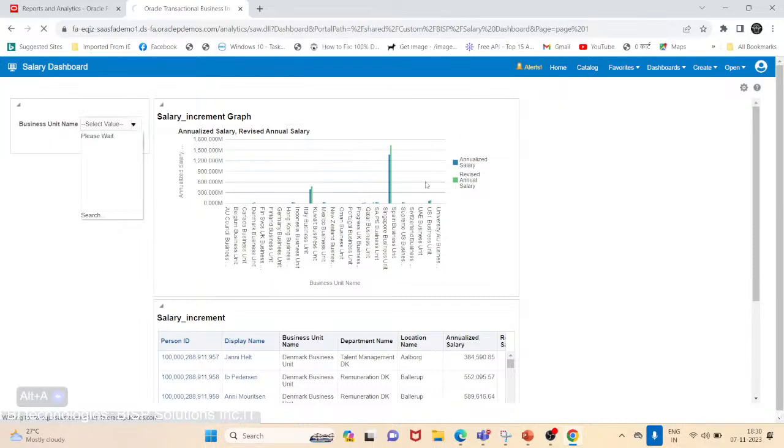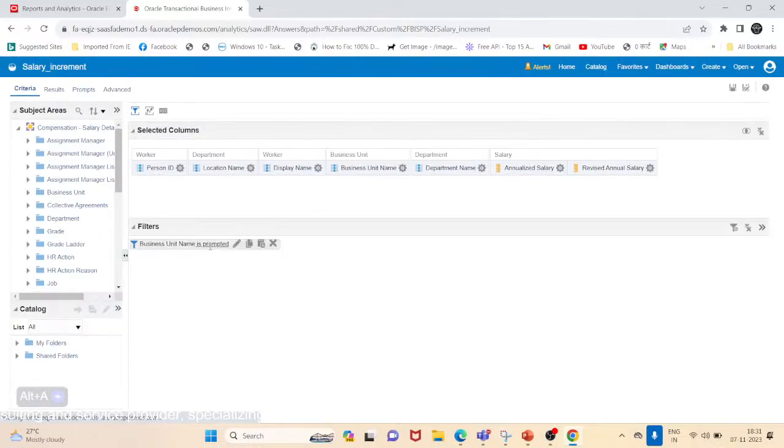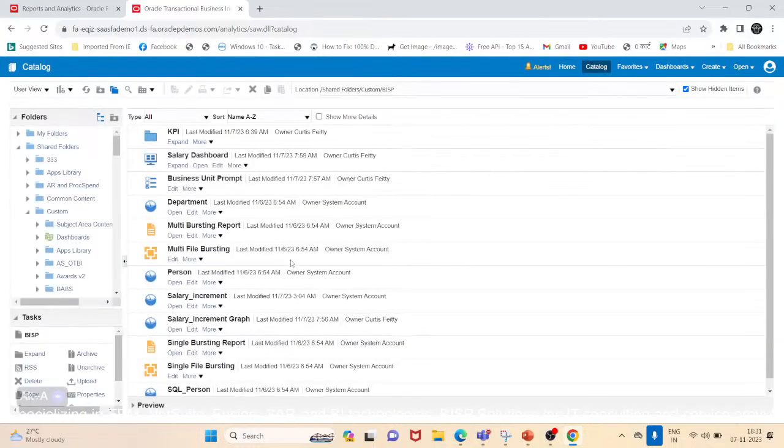Let me go to catalog and this is our table. So we'll click on edit, and business unit is already prompted, so I'm not going to do this in the table. Let's just go back to our catalog and see